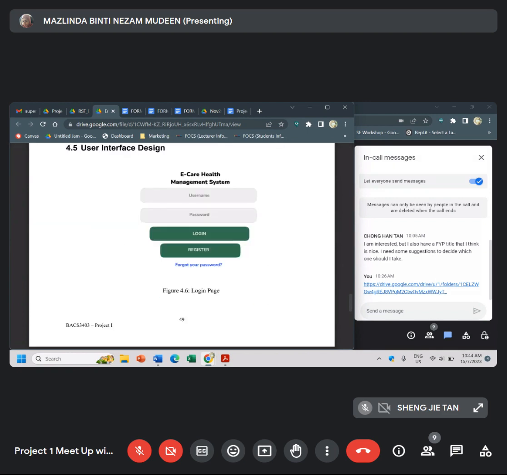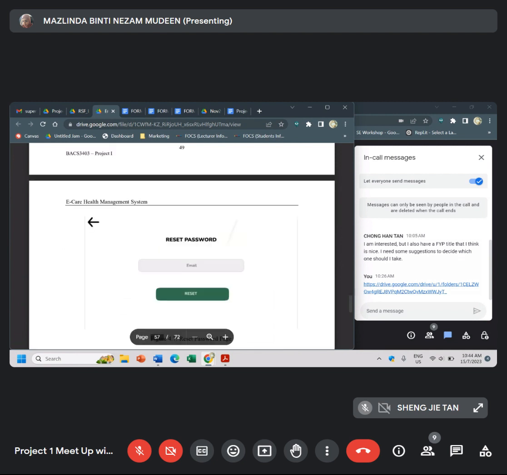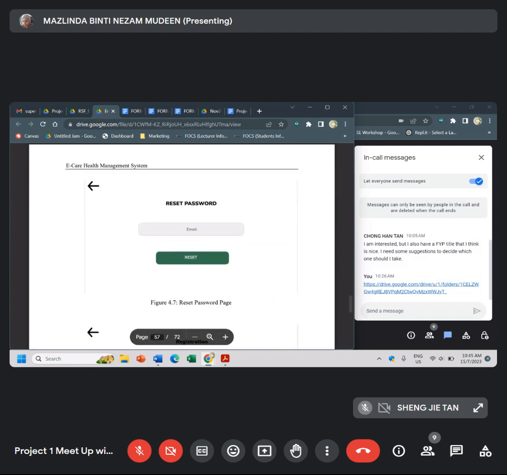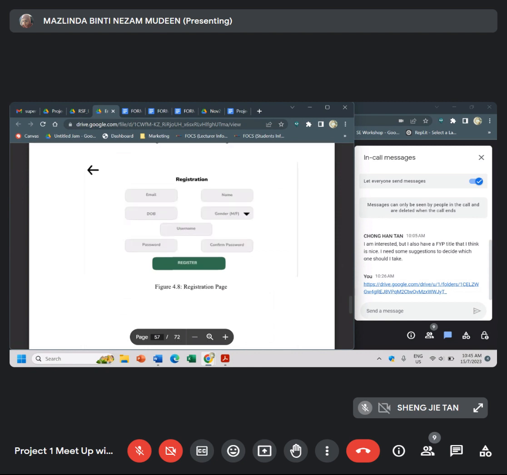Then your UI design. Okay, UI design is not your final design yet. This is still at the design stage, right? So you can just use a simple drawing, I mean, not hand drawing, I mean, simple drawing using any editor tool to show that, oh, this is how the UI will look like. If later during the development there are any changes, it's okay, no problem.